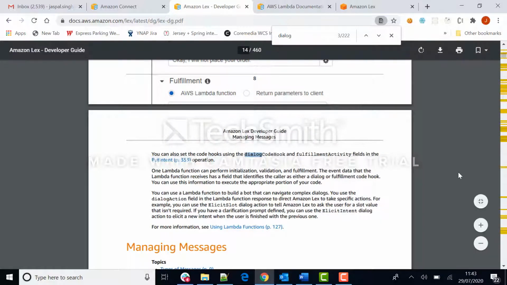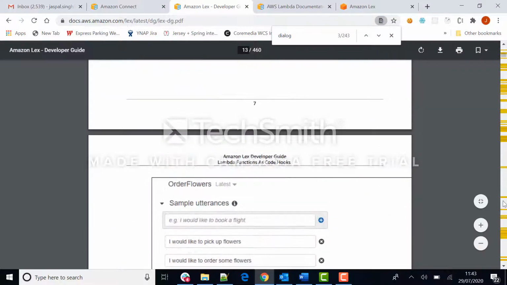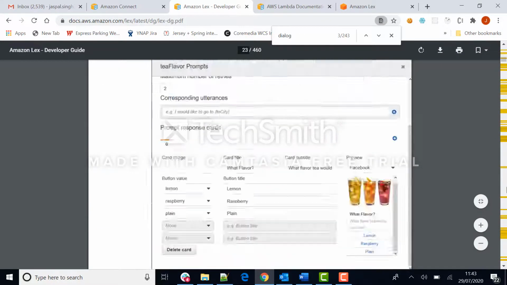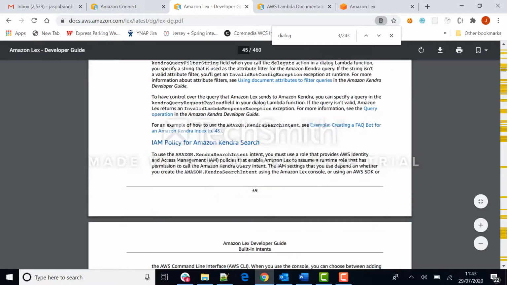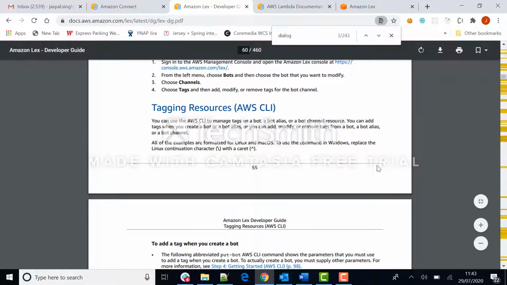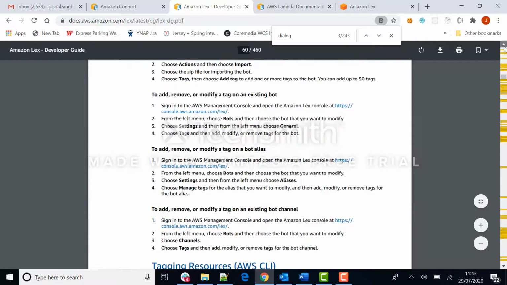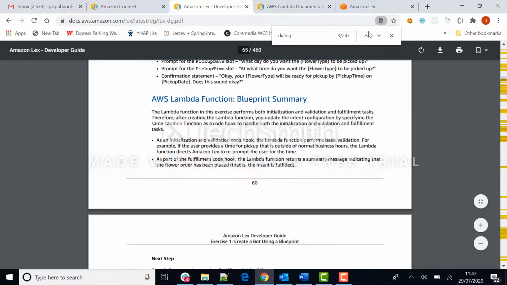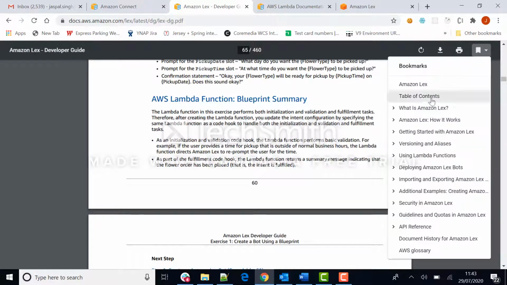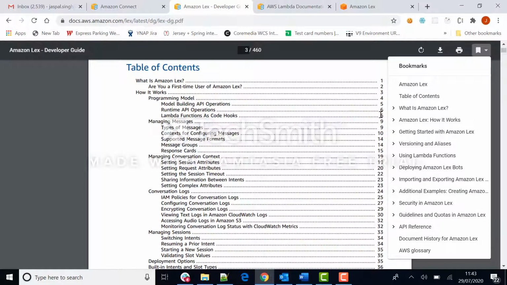Yeah, so I went too far. I'm not sure where I am. Okay, there was a sample one I could see. It's quite a big document you have to go through. I'm not sure how can I see the table of contents. Yeah, so if I go here uh,